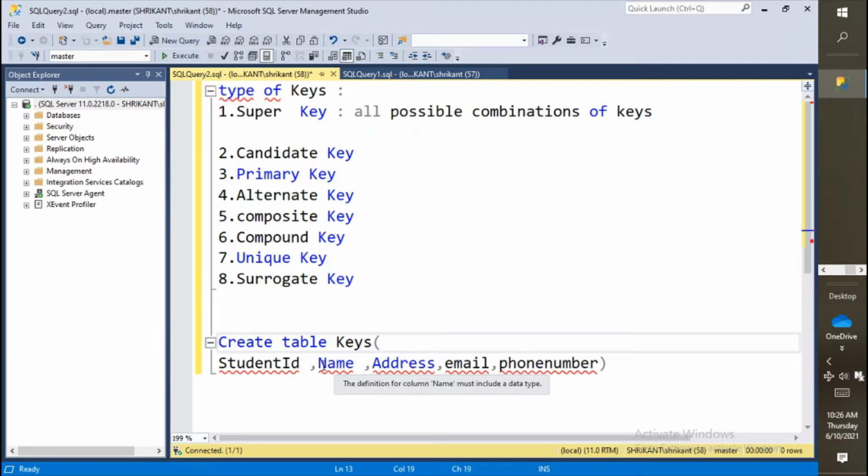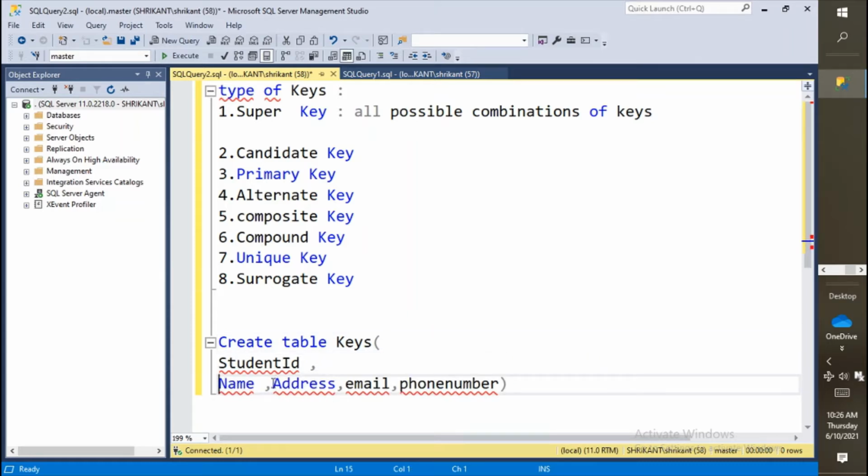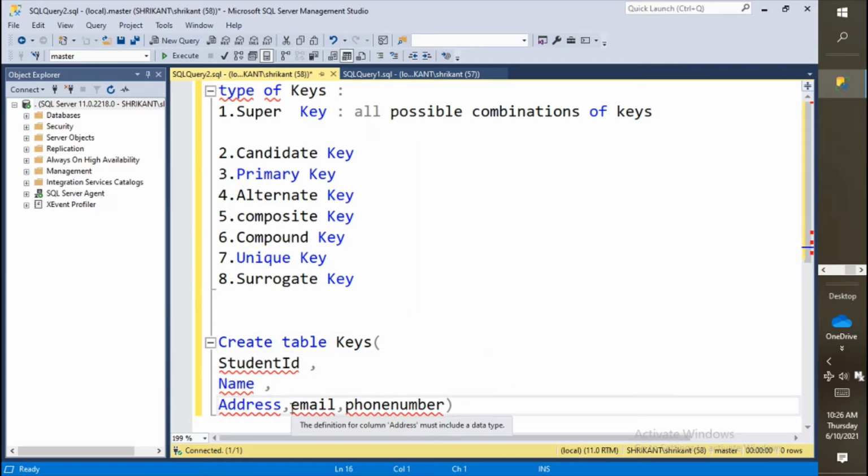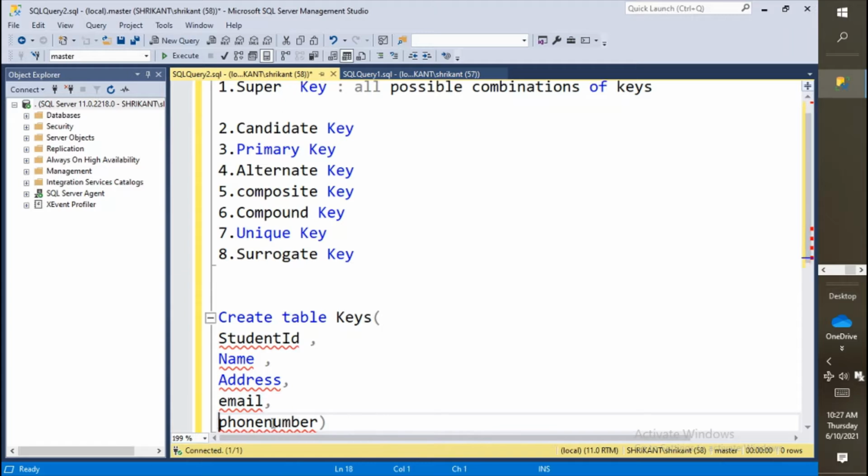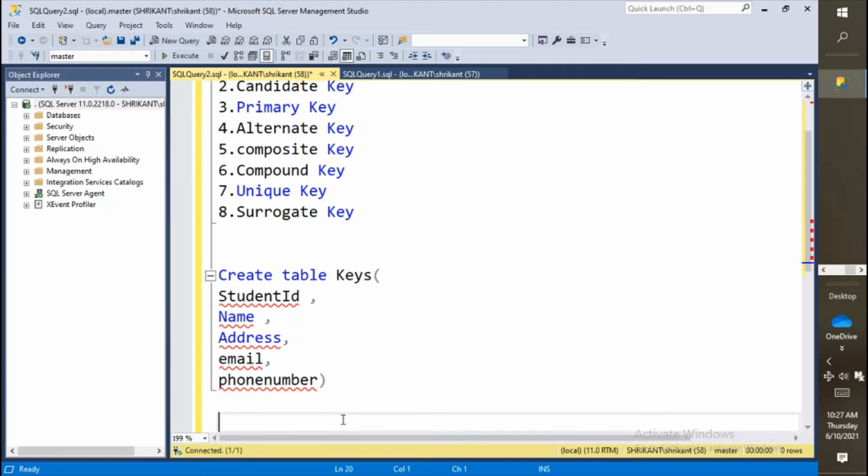Let's try to understand the column structure first. The student ID, which will be just for ID purposes, then email and phone number. By looking at these columns, try to understand how many combinations could be there which can represent the uniqueness of data. First I can say student ID, which would be a single column which can represent the uniqueness.